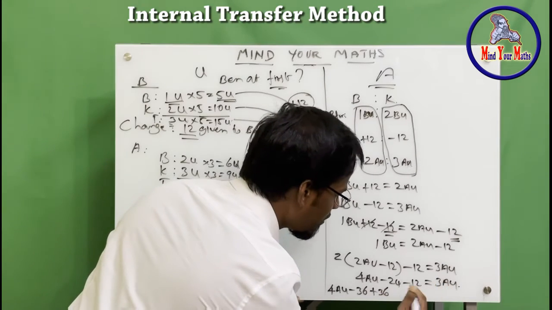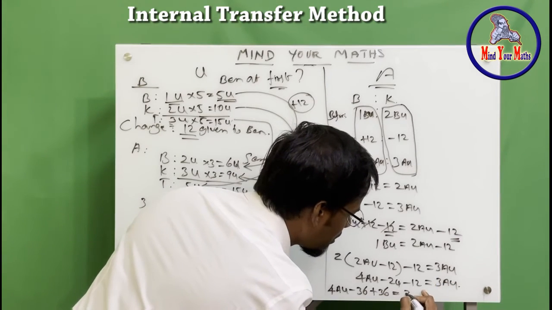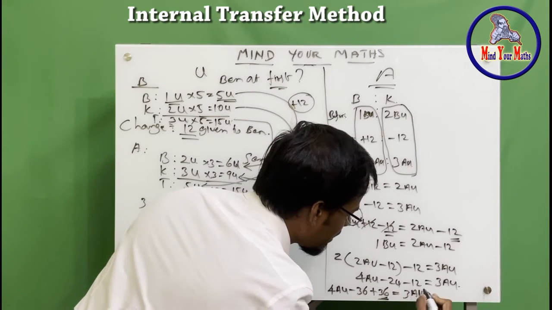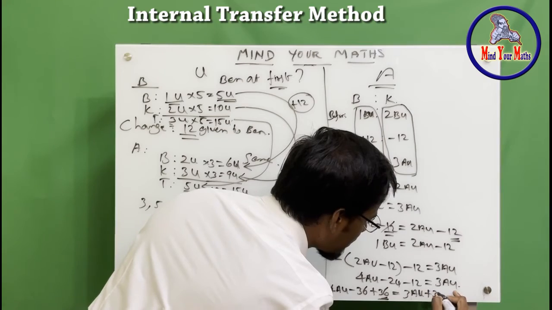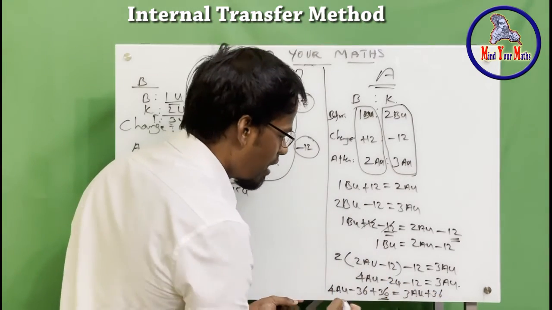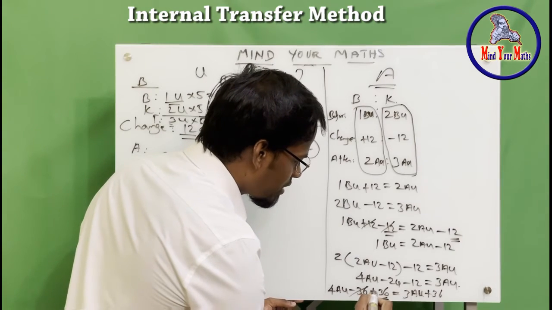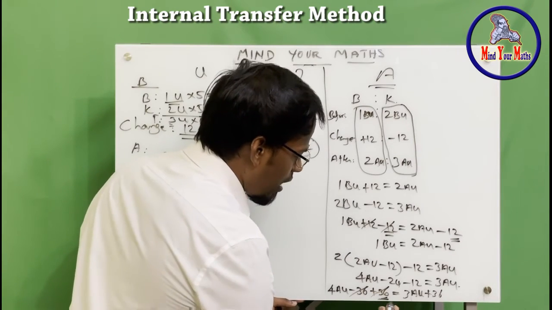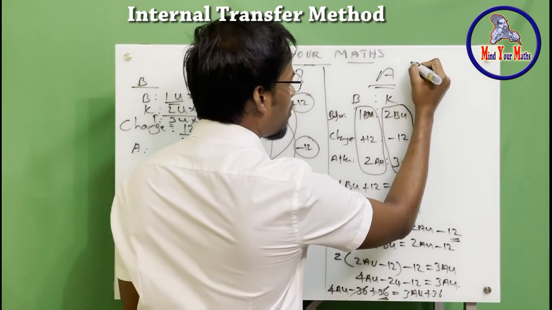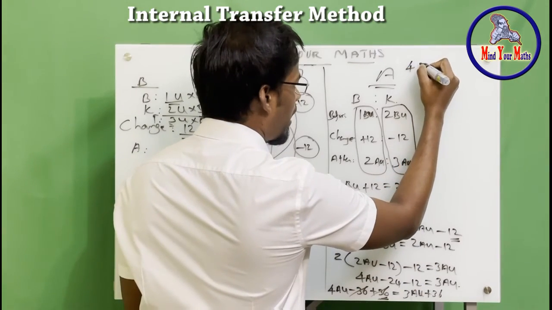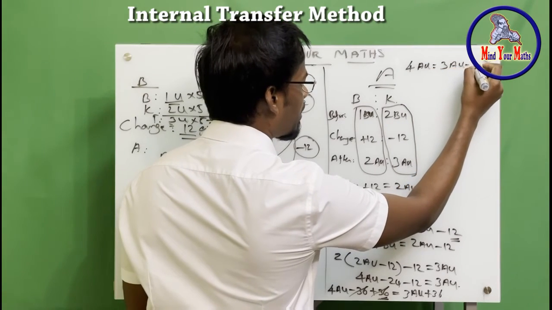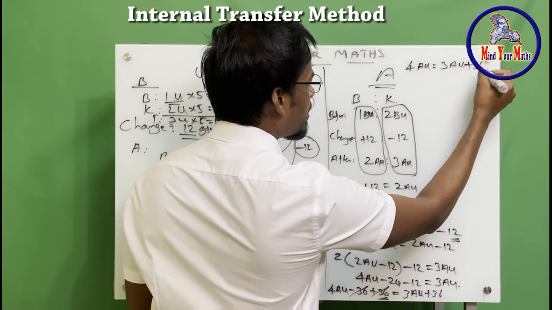After that we will solve this one, equals to 3AU. Because we added 36 here, we add another 36 this side as well, right? So that the equality is not changed, yeah. So now on the left side, this minus 36 and plus 36 gets cancelled to 0 and we are left with the equation this way, yeah. 4AU equals to 3AU plus 36.